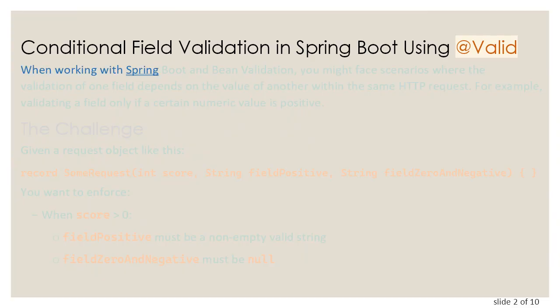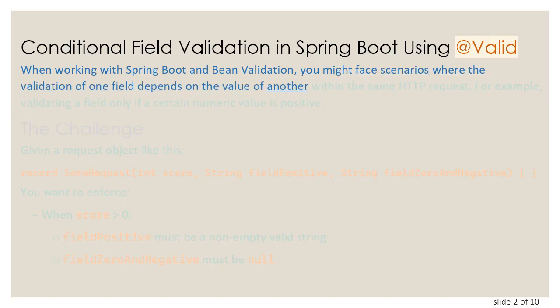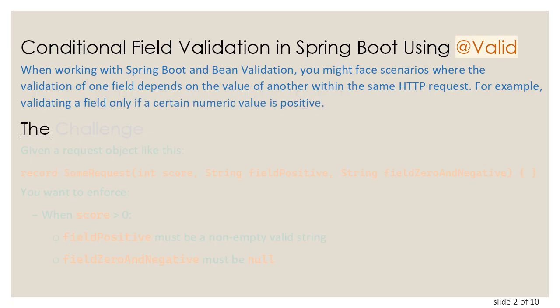When working with Spring Boot and bean validation, you might face scenarios where the validation of one field depends on the value of another within the same HTTP request. For example, validating a field only if a certain numeric value is positive. The challenge: given a request object like this,